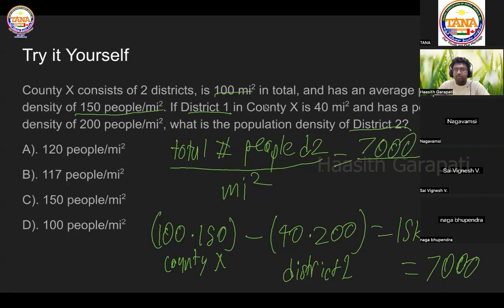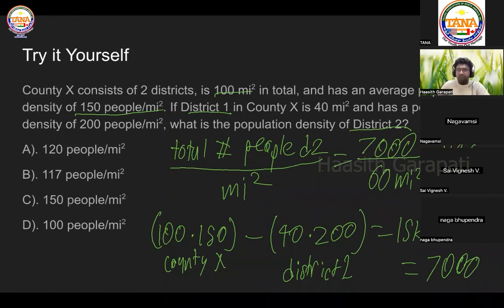And then square miles. Okay, well, that's pretty simple. There's 100 total square miles and then 40 square miles in District 1. So District 2 has to be 60 square miles. And then you do 7,000 divided by 60, which gives you